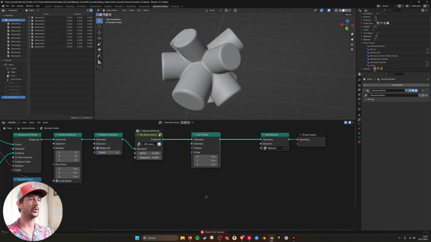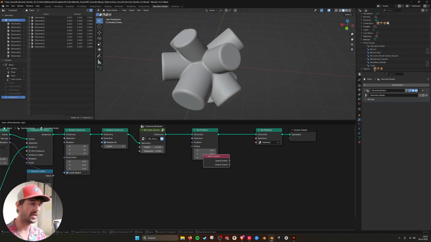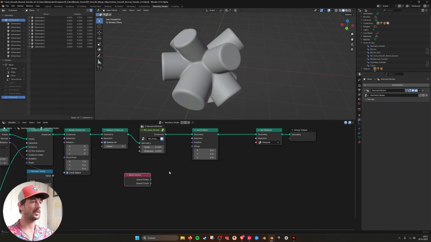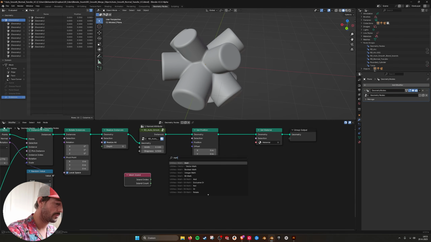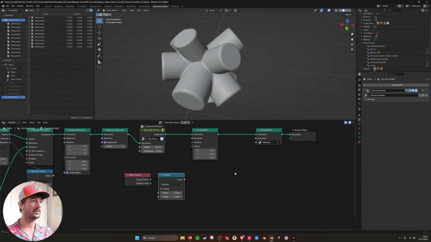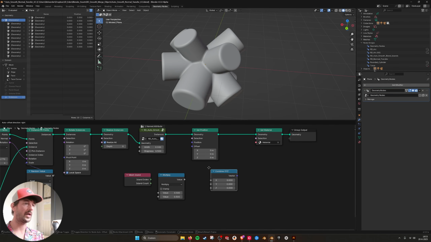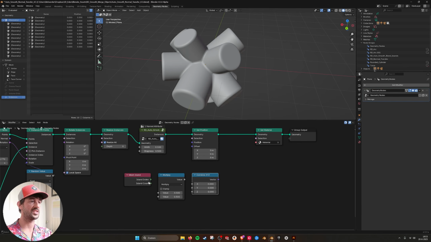Then I'm using the mesh island, and a math node set to multiply, and I want to move them in the Z, so I say combine XYZ. So I'm taking every index, then I multiply that by a small value, and then offset them. And then you should see